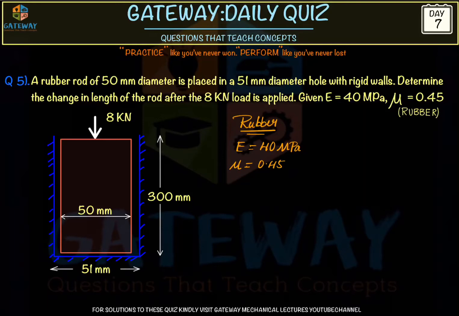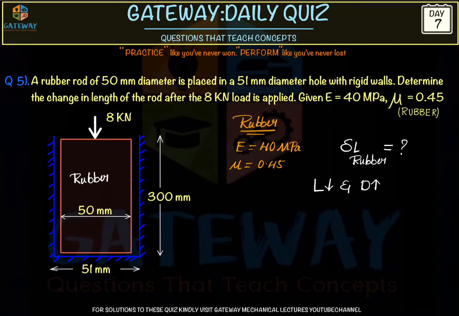So we will solve this question here. Under the application of that load, we need to calculate what will be the change in length of the rubber. We know definitely it will be a compressive change, nothing but the rubber length will be decreasing. Since the load is compressive, the length decreases, and also we know the diameter increases. So the length of this rubber rod decreases due to compressive load and the diameter increases.